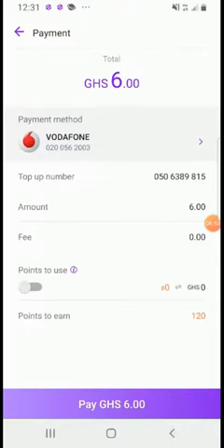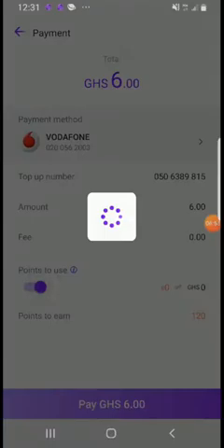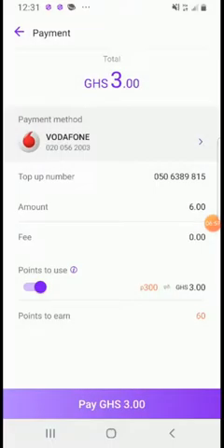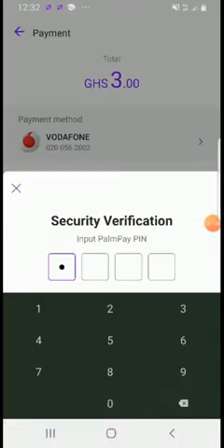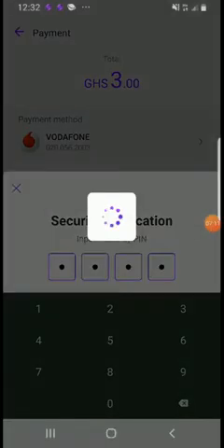All right, I'll be given a point. You'll be given a Palmpay point which you can use. So when you click on this, I won't be able to pay the whole 6 cedis. I'm going to pay for only 3 cedis. Okay, all right, so then I click on pay, but before that I enter my code, and I'll be receiving